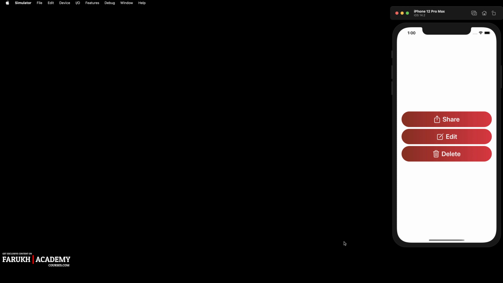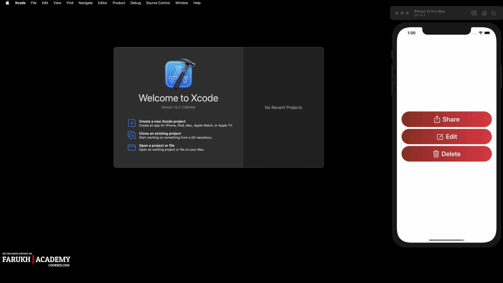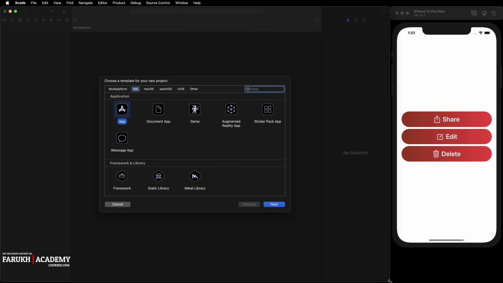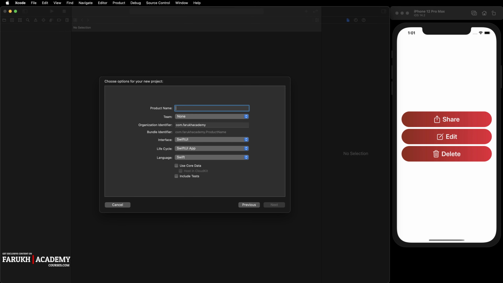Cool. So, okay, let's start with the basics and create a simple button using SwiftUI. First, fire up Xcode, okay, and create a new Xcode project, okay? Using the app template. So let me quickly resize this window. Okay, perfect. Here you are going to select this one. Then in the next screen, type the name of the project. I set it to SwiftUI button en, okay, for the English version of this course,